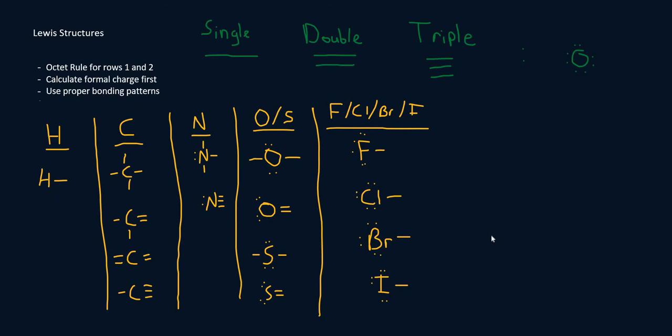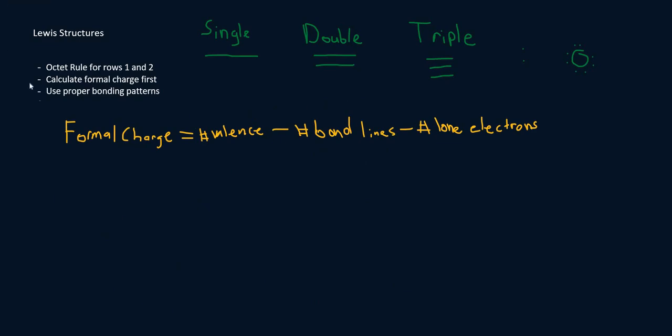So think about the common patterns when you go to decide what your final Lewis structure would look like. Formal charge is calculated by taking the number of valence electrons for your element, subtracting the number of bond lines around the element, so not bonds as in one single bond, one double bond, but the total number of bond lines, minus the number of lone electrons. Not lone pairs, but total lone electrons. So if you have a lone pair, that would consist of 2 lone electrons. Just take the number of valence, minus the number of bond lines, minus the number of lone electrons,